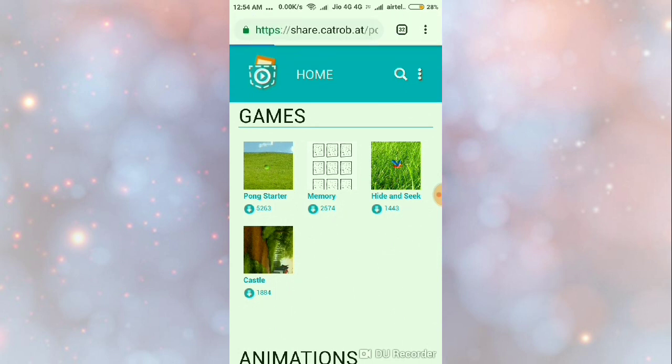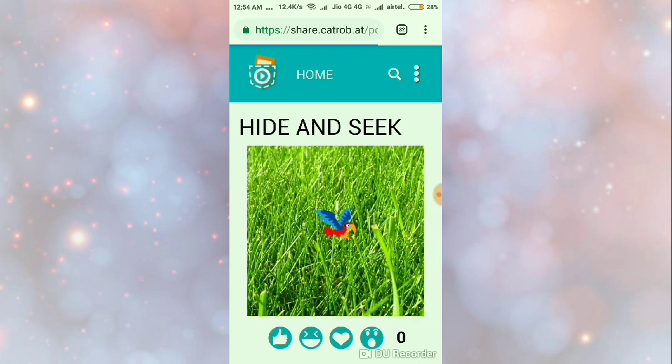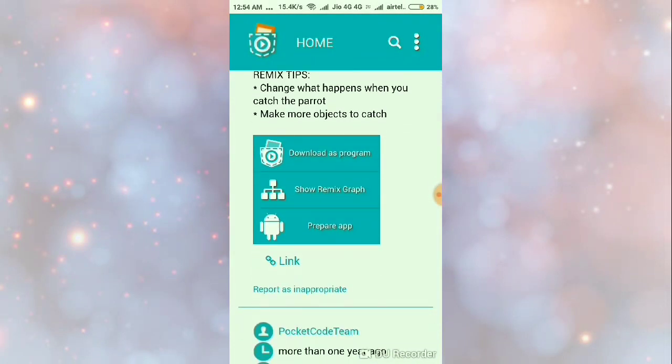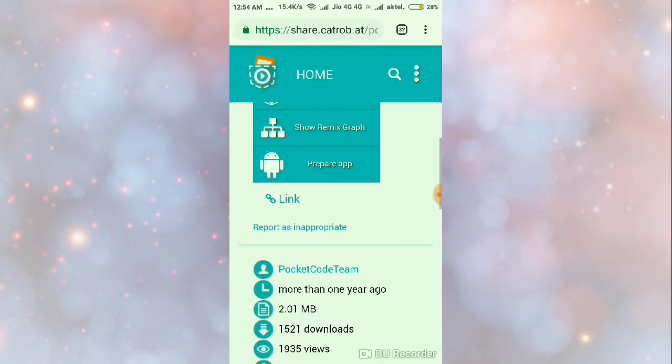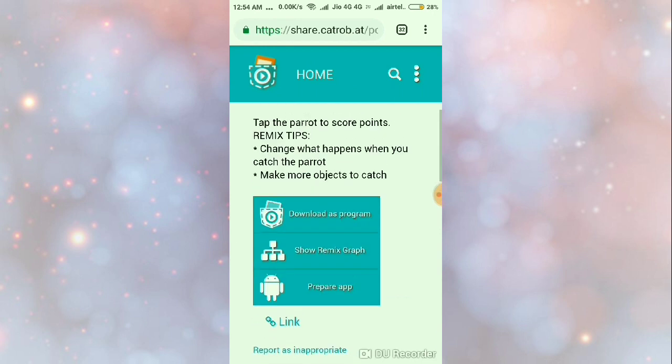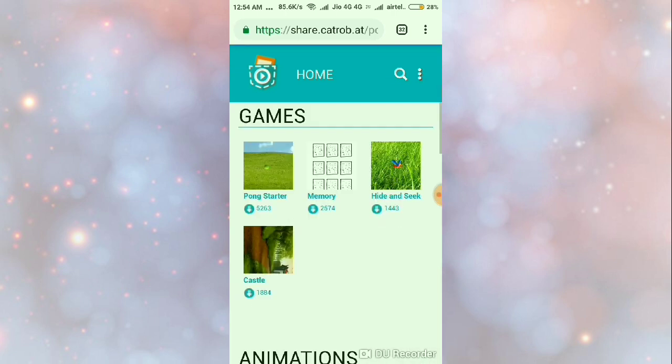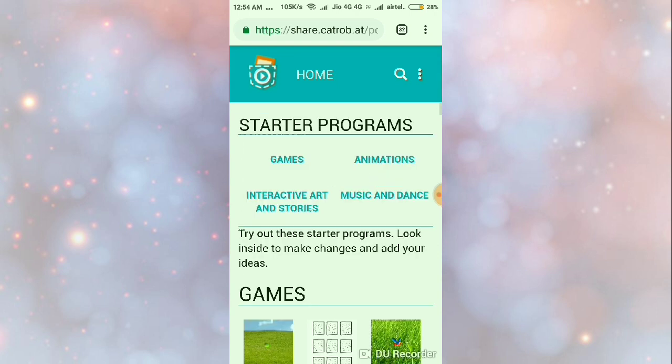Say I'll click on hide and seek, and once I do that, it's here. You can check out the description. You can download it as a program, which you should, and you can see this is created by the Pocket Code team. All right, so I'll be downloading it as a program, and as you can see, the file is downloading. This is how you can download it, and once you download it, when you go on Pocket Code, you'll see that, and then you can simply remix. That's amazing. Okay, so getting back,